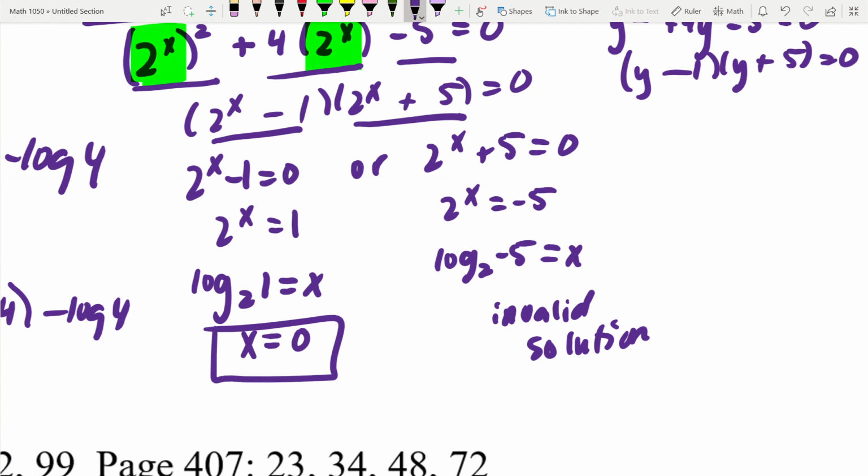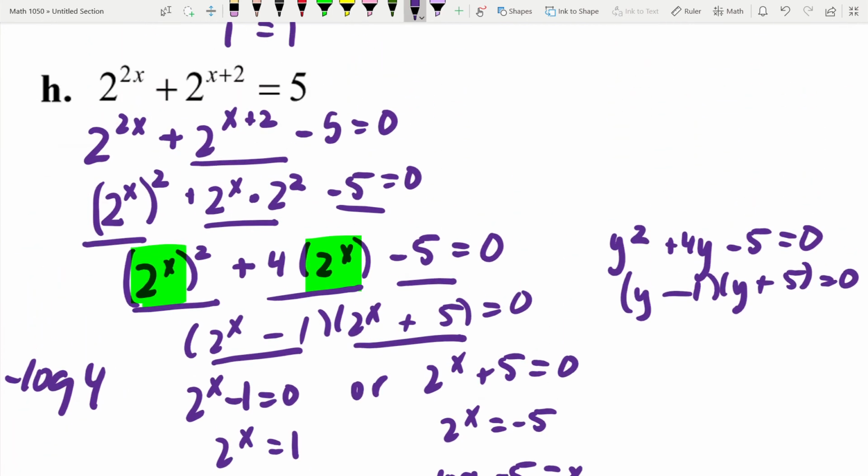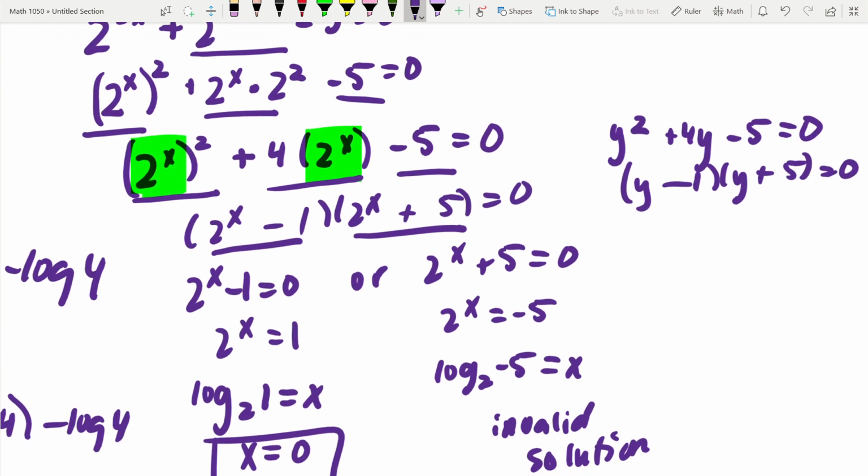Okay, so look what I did. Just a quick review. Pulled my 5 over. Wrote this as a 2 to the x power squared. Split this to 2 to the x times 2 to the second. Right, 2 to the second is a 4. Realized factor, 2 to the x, 5 and 1. Solved them. Got it. Okay, that's it. So we still have about